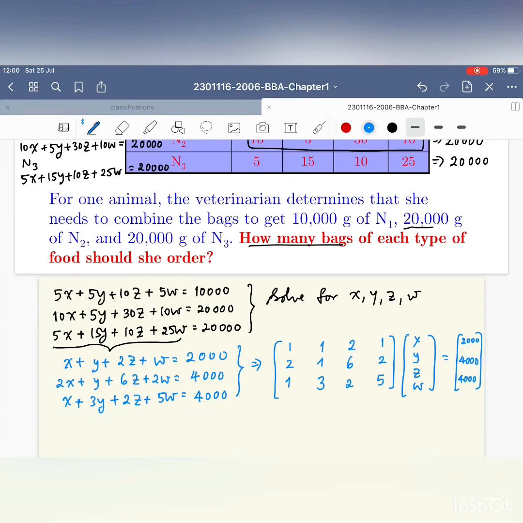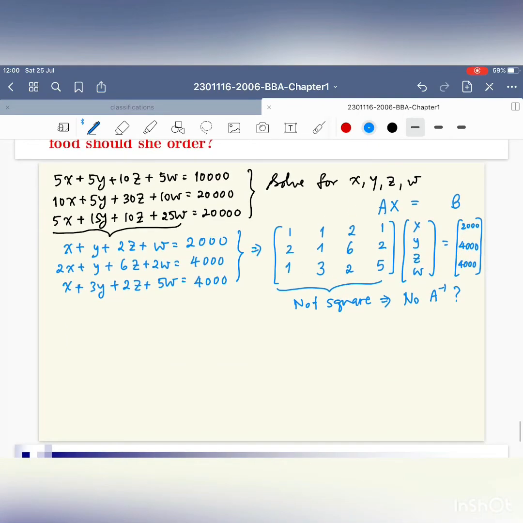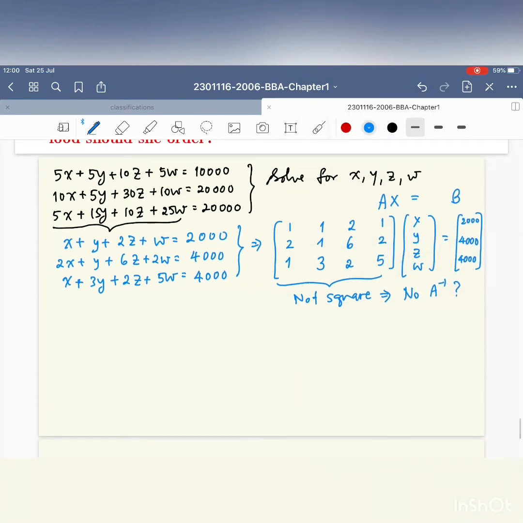Okay, so this is not a square matrix, right? So can we find A inverse? We cannot find A inverse. So it means that the way we used to do it, like x equals A inverse times B, is not the case that we can do here. So this was Ax equals this B. So you need to use that semi reduction method. You don't really need the full reduction. All right, so this one you just copy it here,